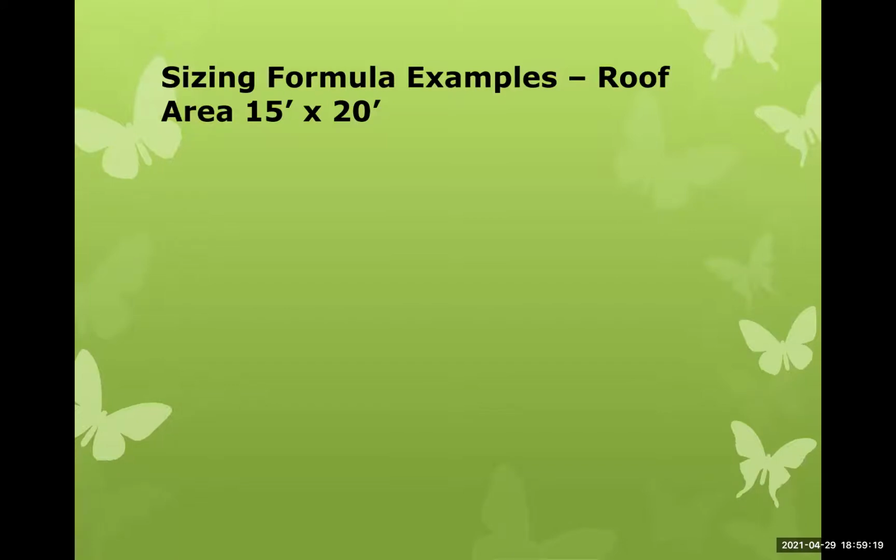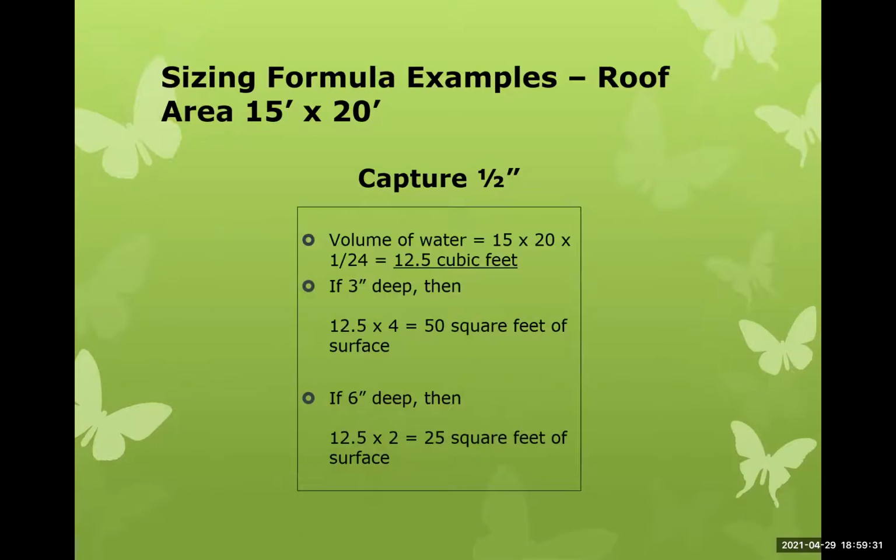Let's say we have a roof area that's 15 by 20 feet. That's 300 square feet of roof. And let's say we want to capture the first half-inch of water that comes off that roof. The volume of the water coming off that roof is measured in length times width times depth, and they all have to be in the same units. So 15 feet by 20 feet and a half-inch of rain; we want to convert a half-inch to feet. That is 1/24th of a foot. So 15 times 20 times 1/24th is 12.5 cubic feet of water